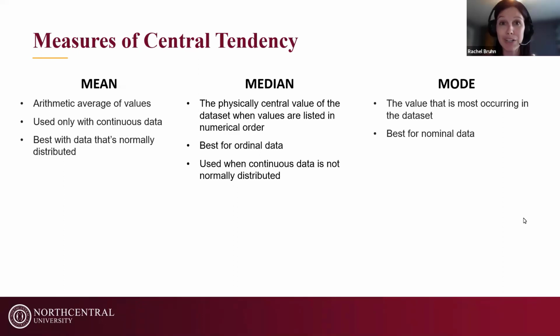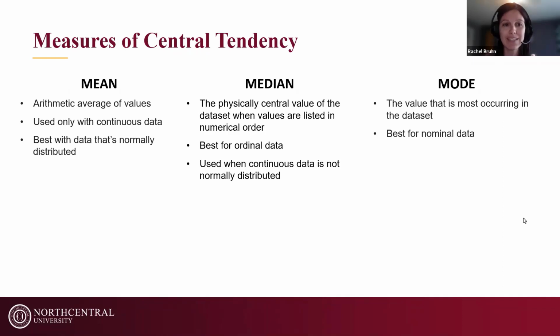Fancy way of saying numbers. We compute a mean when we have numbers, numerical data. We can compute a mean for things like age, height, weight, income if we have your exact income. GPA is a measure of averages, right? So we can compute mean whenever we have numbers that we can use to compute that.